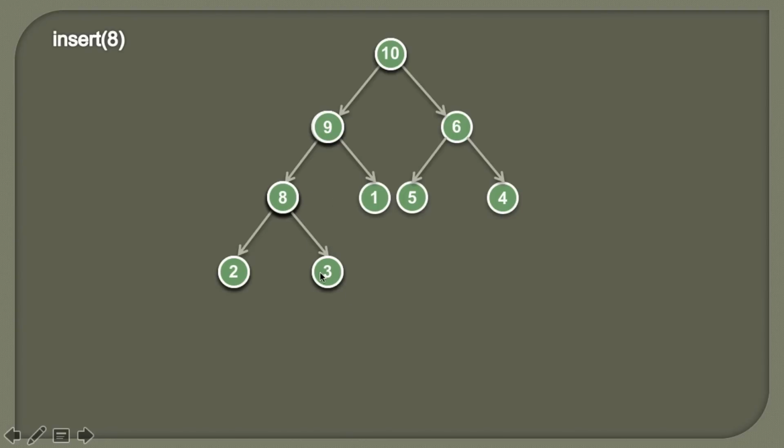So what we do, we simply perform a shift up and swap these two values. And once we perform this swap, we reach 8 and then we again compare it with its parent. So here 9 is greater than 8. Therefore the heap order property is satisfied because in max heap the value of parent should be greater than the value of its children. So 9 is greater than 8. Therefore the value 8 is at its correct position.